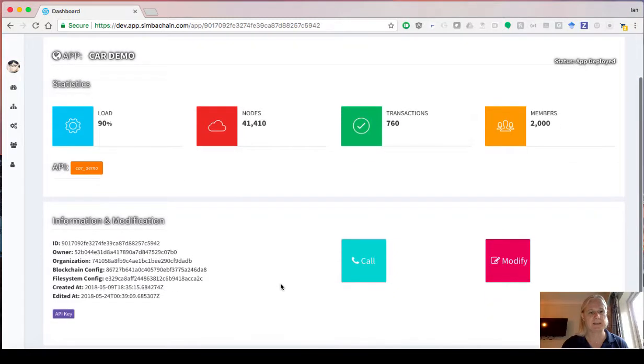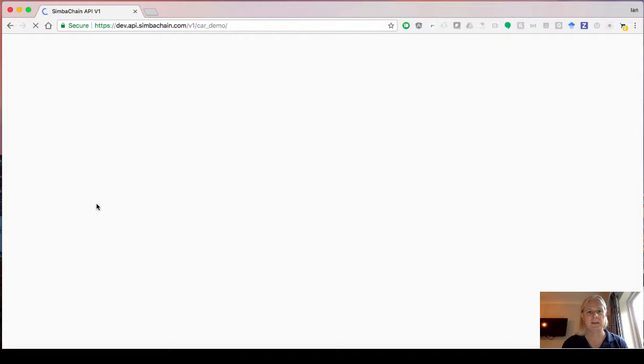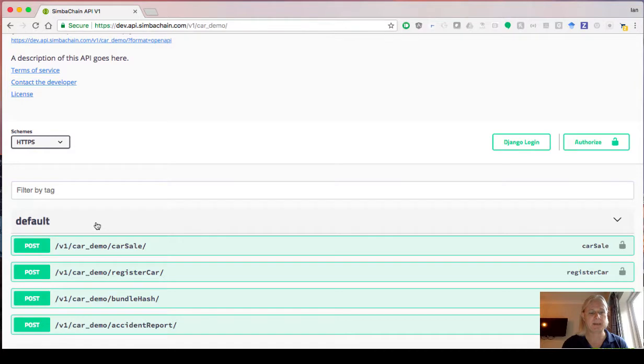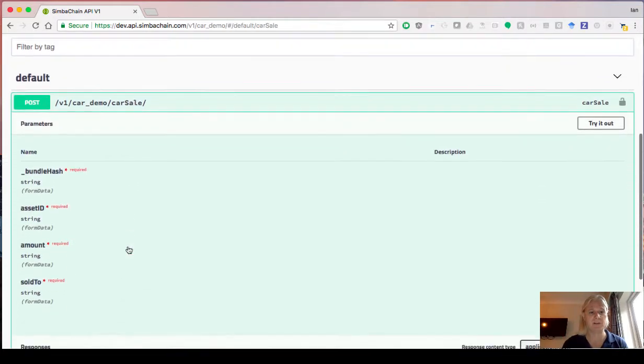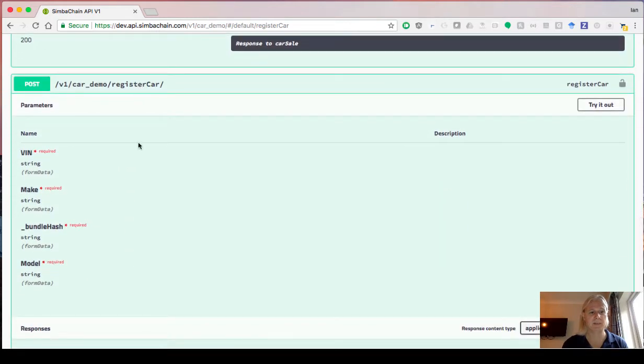So if we look at that, the smart contract is parsed, and we generate a JSON schema from that smart contract, which basically specifies the types of transactions and assets you want to store, along with the parameters. So we automatically generate a REST API for that particular application, and we can see that by clicking this car demo link here. And this is using Swagger to document the API, but this API is basically generated from that smart contract. So we have a post for a car sale. If we want to post a car, to register a car, we have a post on the registered car,